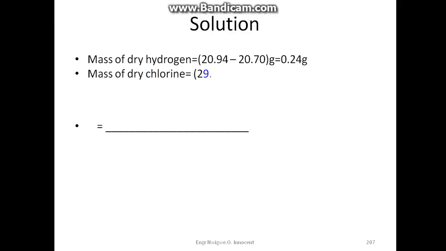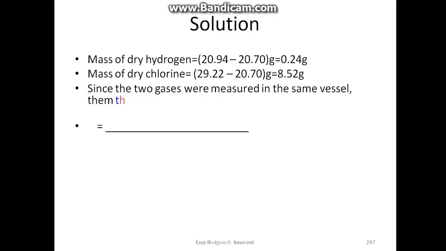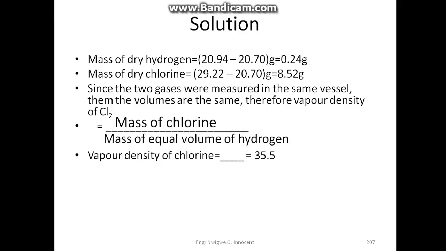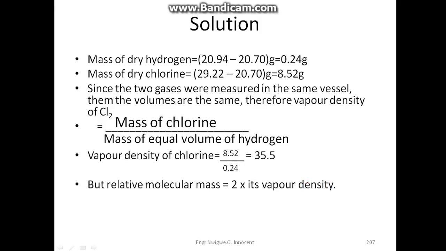Mass of dry chlorine is equal to 29.22 minus 20.70 gram, which gives us 8.52 gram. Since the two gases were measured in the same vessel, the volumes are the same. Therefore, vapor density of chlorine is equal to mass of chlorine over mass of an equal volume of hydrogen, which is 8.52 divided by 0.24, giving us 35.5. But relative molar mass is equal to 2 times its vapor density. Therefore,